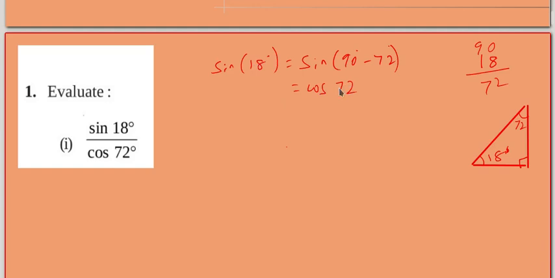This is how we got sine of 18 equal to cos of the complementary angle. We have to find it for 18. That means from 90 we subtract this angle, so that we get 72. So sine of 90 minus 72 is 18. So sine of 90 minus an angle becomes cos of that angle. Simply, we'll name this angle as theta.